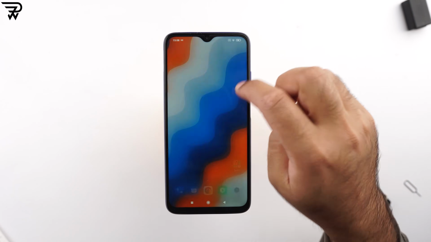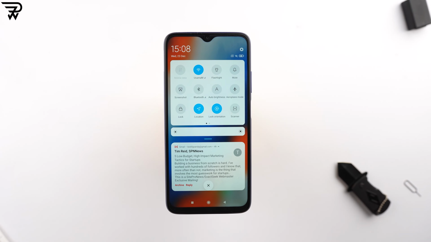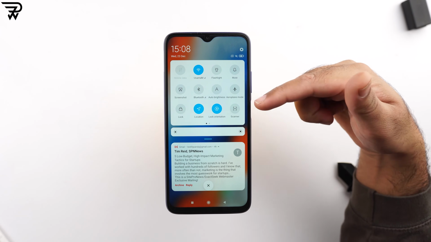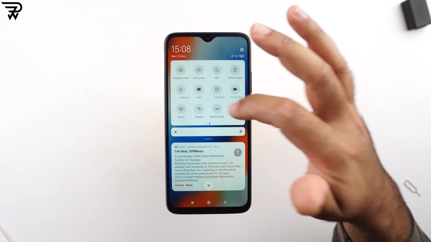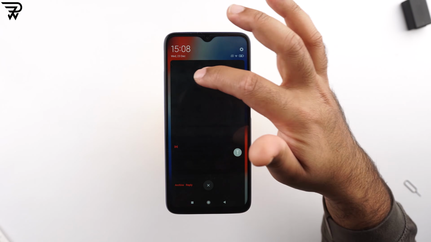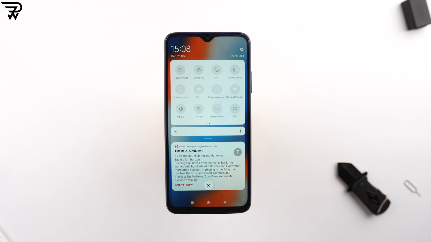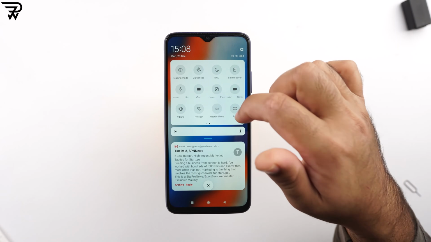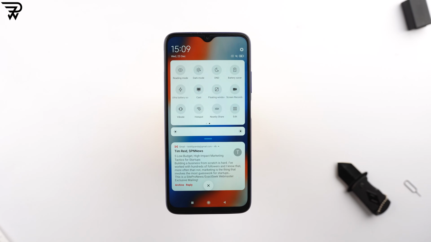Let's now take a look at some of the options available in the notifications panel of the phone. You can take a screenshot quickly from this option as well. The scanner is the same that we saw in the camera application. And we have the dark mode. If you don't like the light theme of this phone, you can turn on the dark mode. It's not going to save the battery on your phone because it's a TFT LCD display. The battery saver and the ultra battery saver are going to be useful when the battery is really low and you want the phone to last longer.